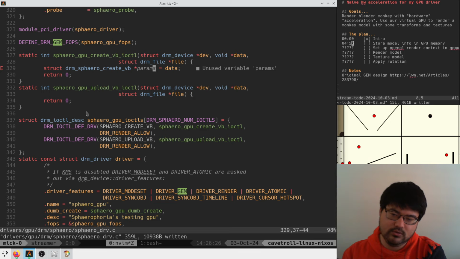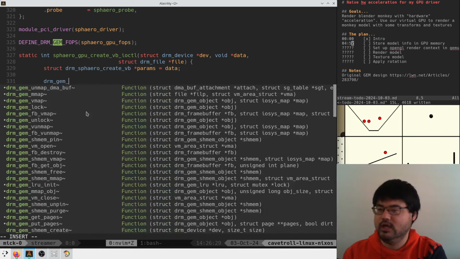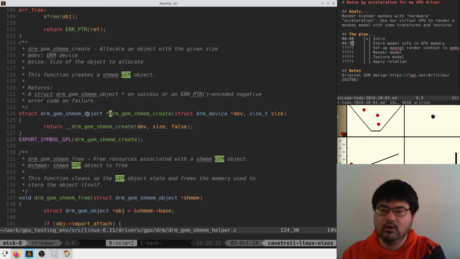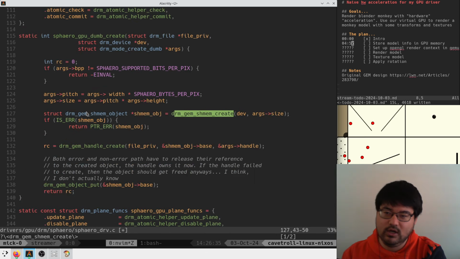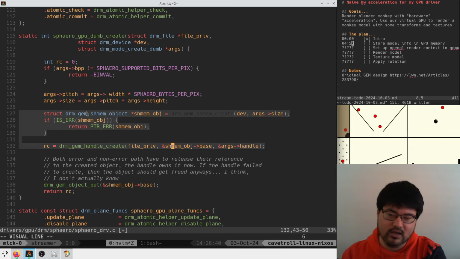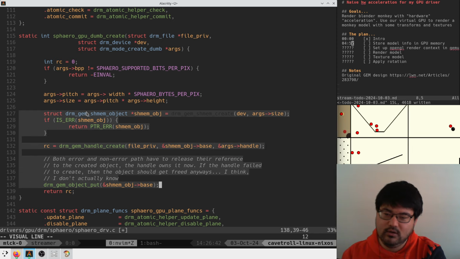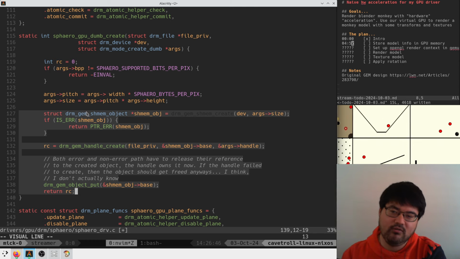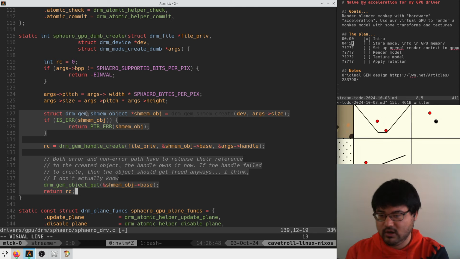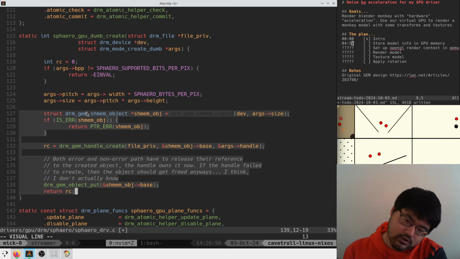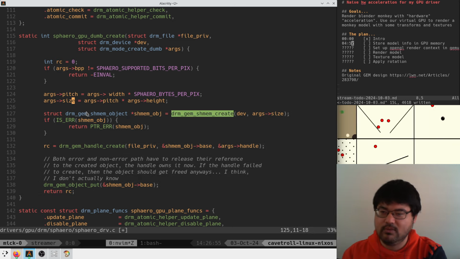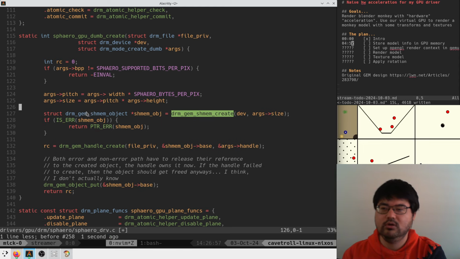We are going to have to do some sort of DRM GEM shmem create here, which we did over here. When we do dump buffer creation, we do the same thing. So we're going to create a handle out of this thing. I guess this is going to be very similar to Sphero GPU dump create. Maybe identical, even. It really does feel that way. So maybe this gets turned into